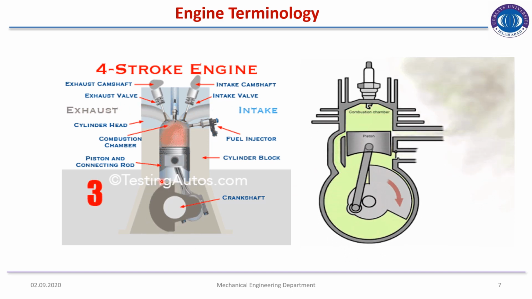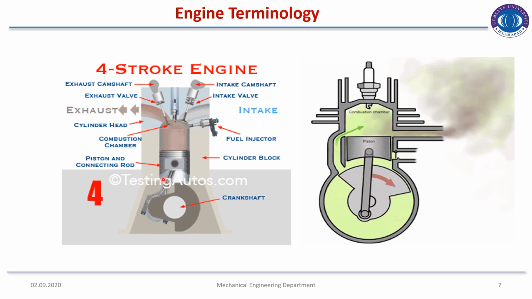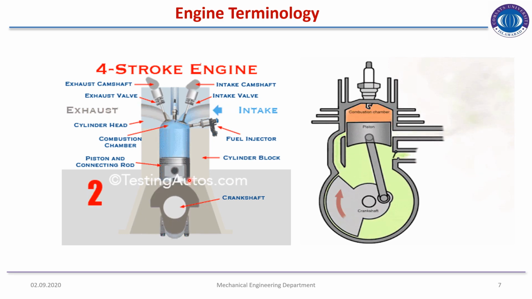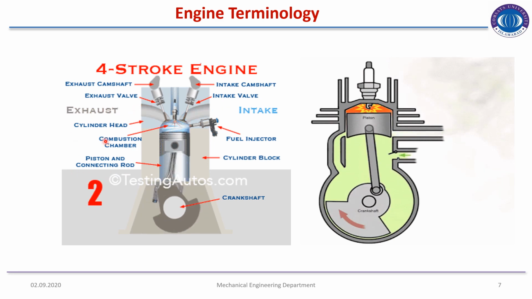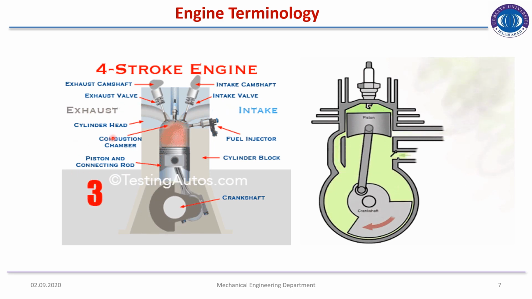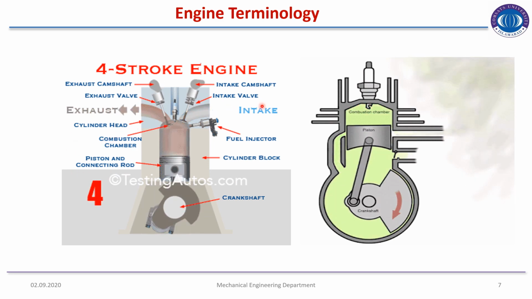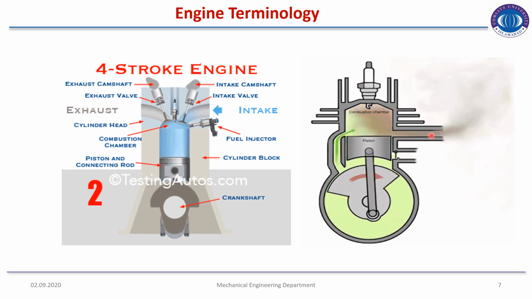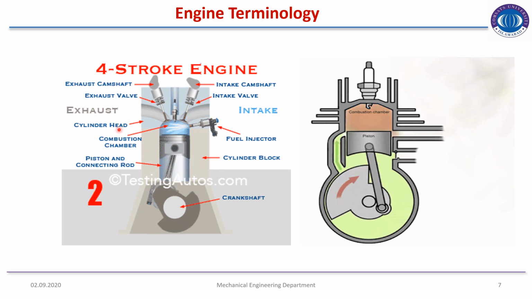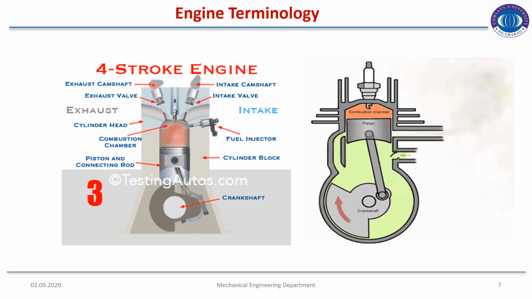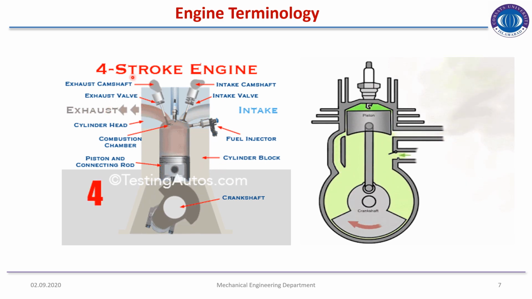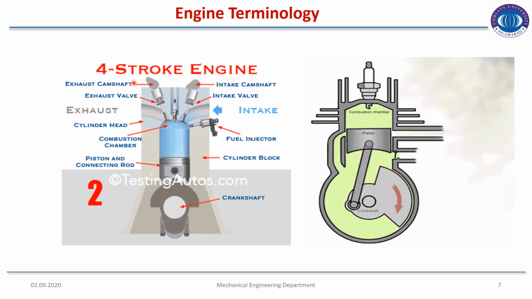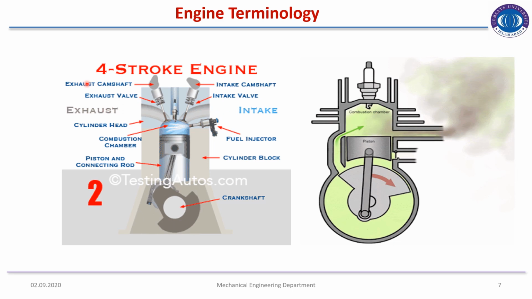So these are two animations that differentiate a 4-stroke engine and a 2-stroke engine. On the left hand side, the animation is of a 4-stroke engine, and on the right hand side, the animation is of a 2-stroke engine. So in the previous slide where that was written as inlet manifold, that's in the 4-stroke engine that is